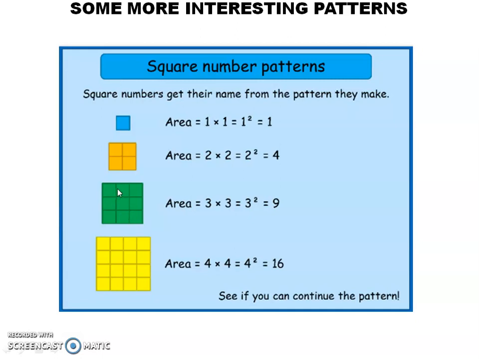I am keeping 3 more squares above it. So how many squares are there? 1, 2, 3, 4, 5, 6, 7, 8, 9. Now you can see this is a perfect square. Isn't it? This is a perfect square shape. So how many small squares did you need? You needed 9 small squares. Again, 9. How can we write 9? 3 into 3 is 9.